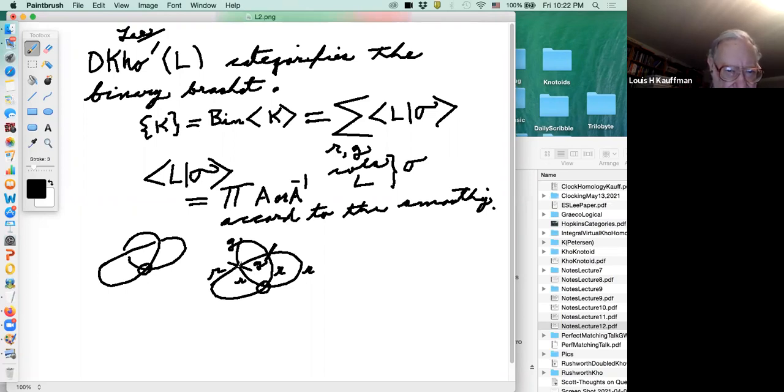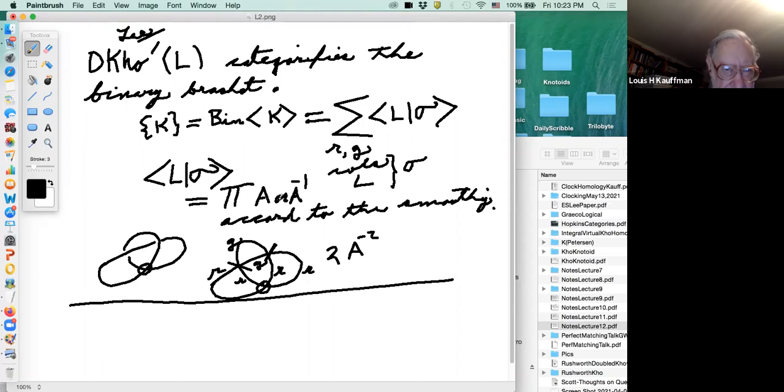And then for each one, you will get the product of the A's and the B's. In this case, you get an A inverse and you get an A inverse. So you get an A to the -2. And then you get two of them because of the fact that there are two colorings. And so it shouldn't be surprising that this is underlying the homology that we're talking about, the same generators as this invariant. So this leads to the following question,